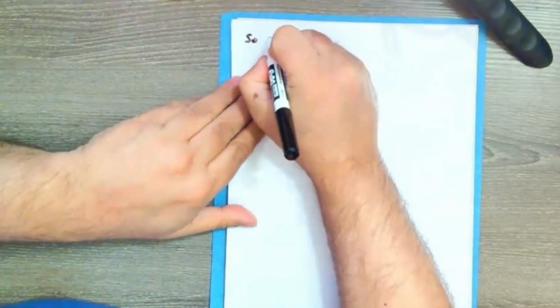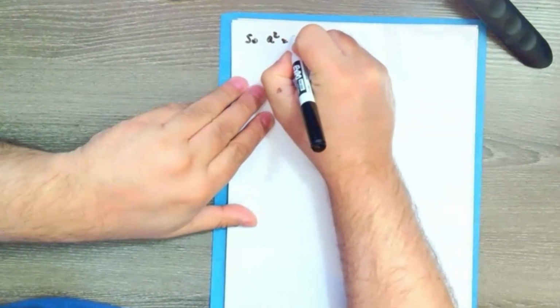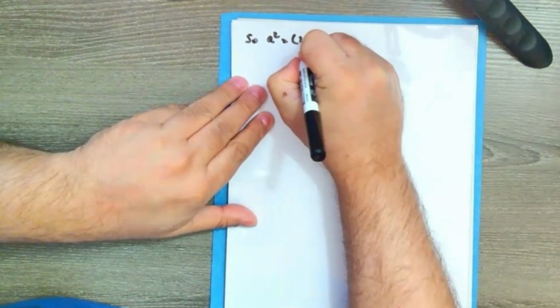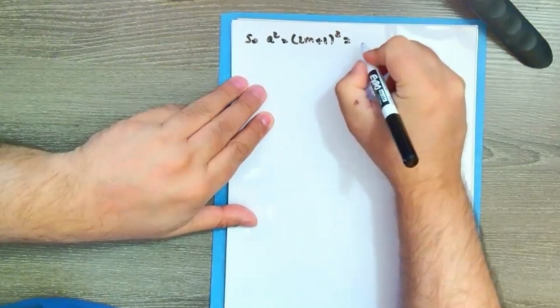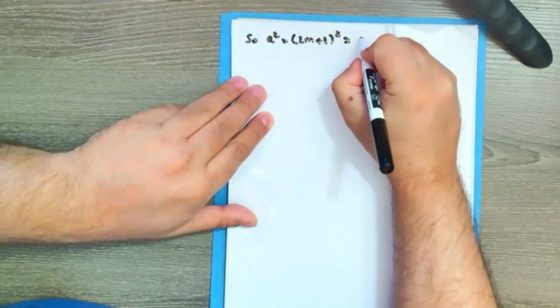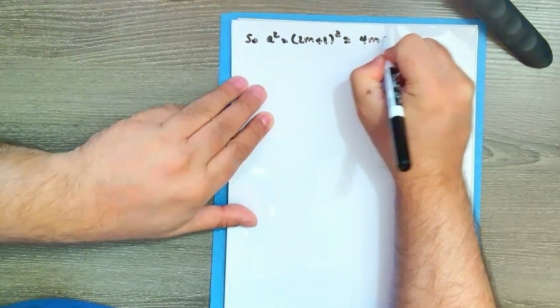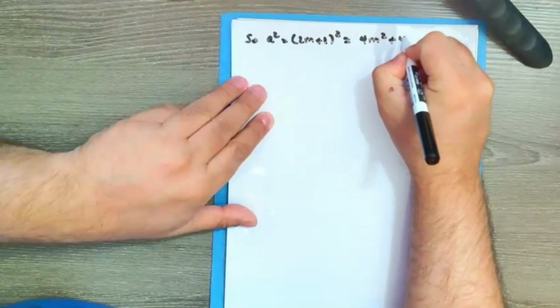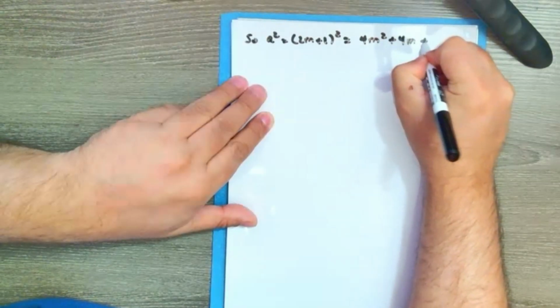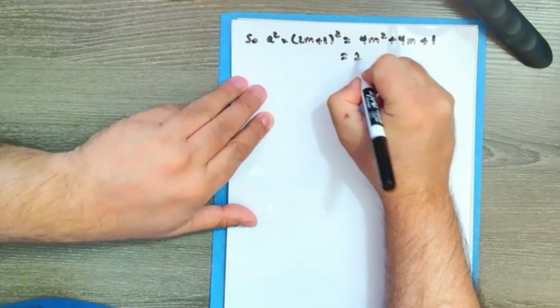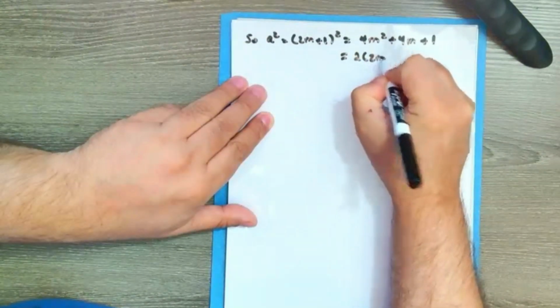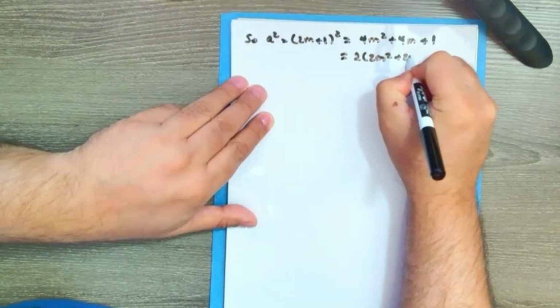And so a squared is the square of the quantity 2m plus 1, which is 4m squared plus 4m plus 1, which we can rewrite as 2 times the quantity 2m squared plus 2m